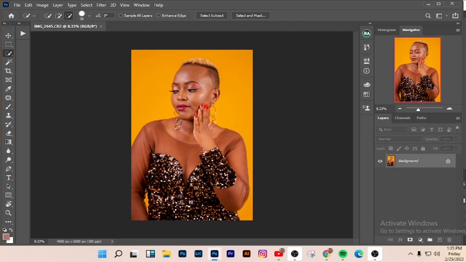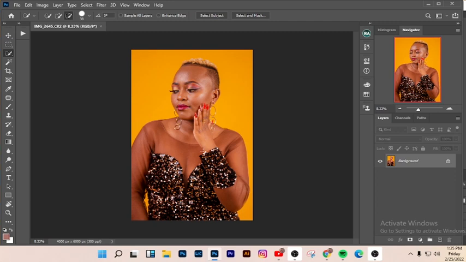So basically this is our image, and the only thing that has been done to this image is a bit of a color correction from the camera raw. I normally do it from camera raw. Rarely do I use Lightroom. So this is our image, and the very first thing I'd want to do to this image is cropping it